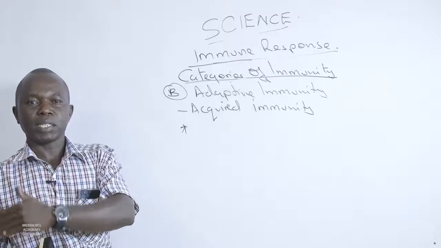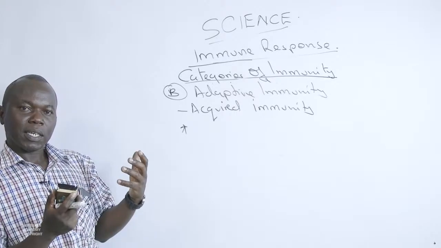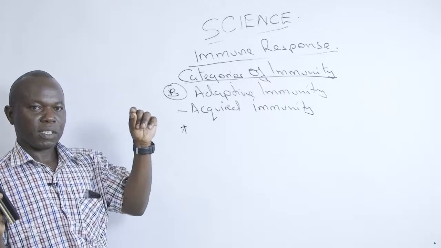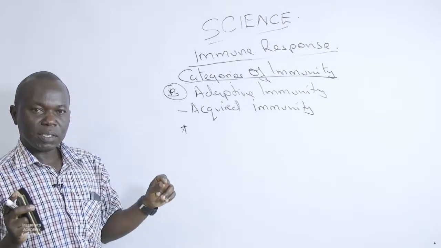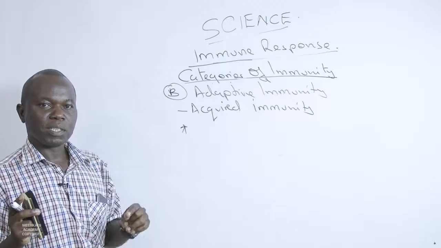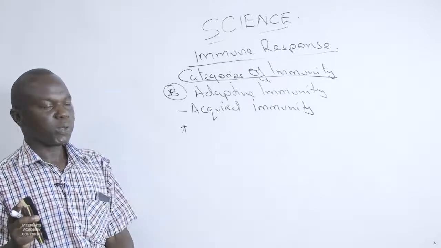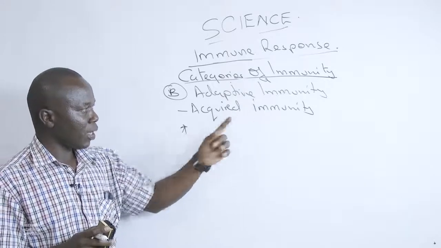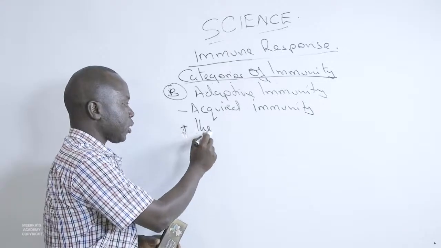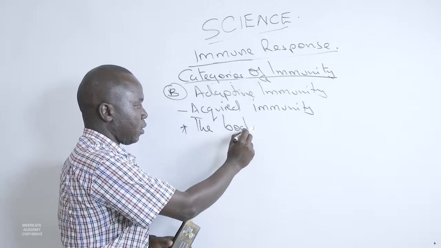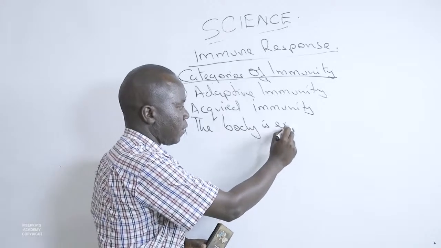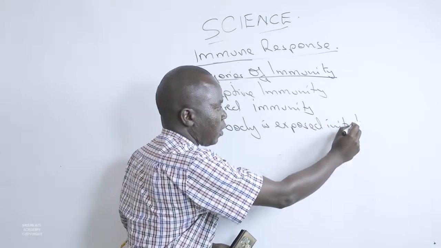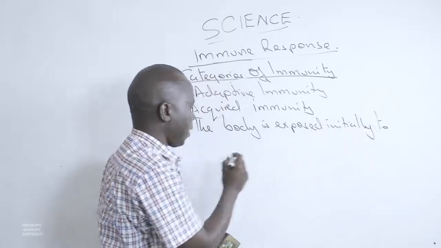So for any subsequent attack, the body will just remember, because it's already in the memory, this is the same pathogen that attacked the body, and this is the kind of antibodies that were produced to be able to clear it. So in a nutshell, in acquired immunity, the body is exposed initially to a pathogen,